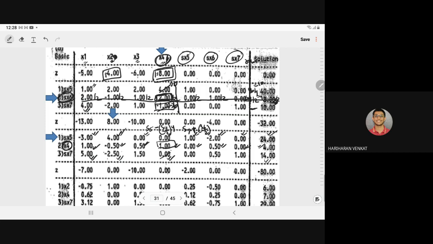Now we have to make this a 0. So when we make this a 0, what will happen? What operation do we have to do? We have to do the Z row minus S6 upon 2 into 8. So that will become 0 and you will get the new table. So when we have the new table,